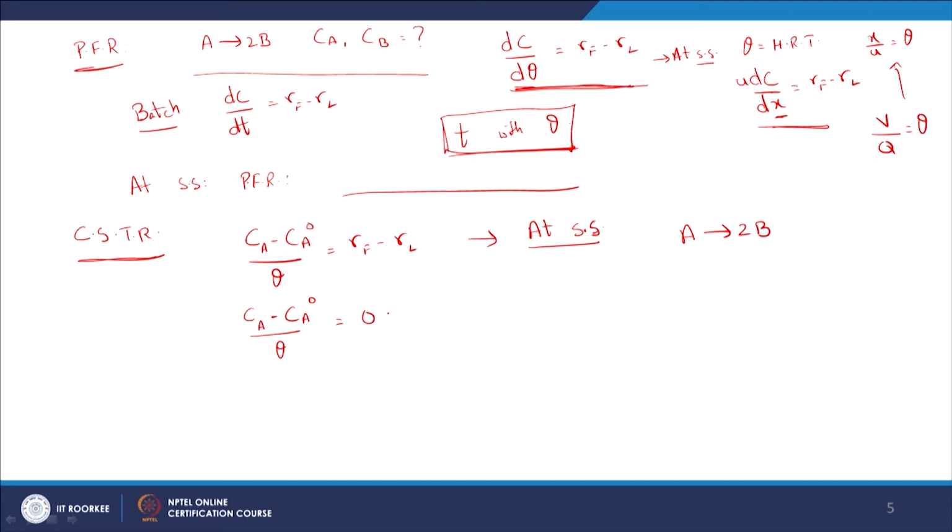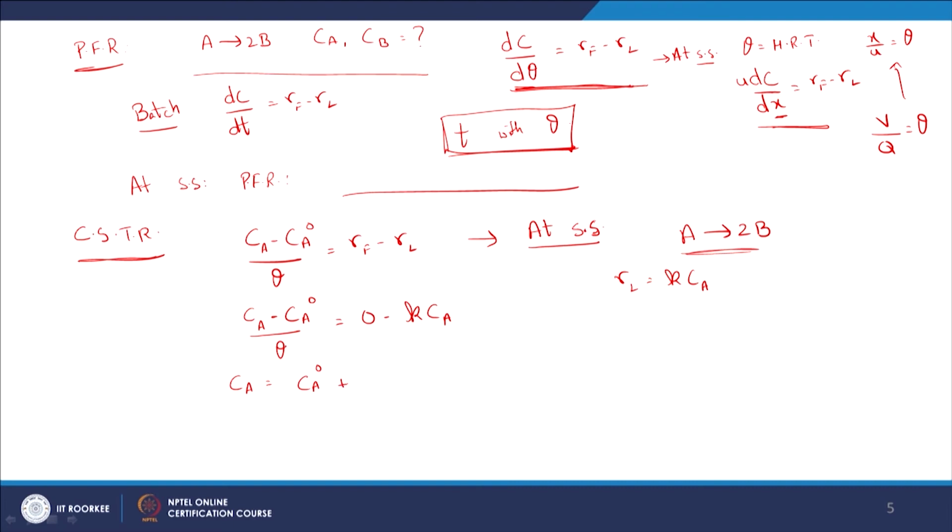No. So that is going to be 0 minus K, rate of loss of A, which is again K into concentration of A, minus K CA. And so again we can end up solving for CA is equal to CA naught,